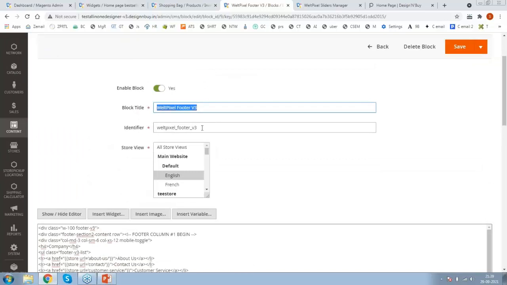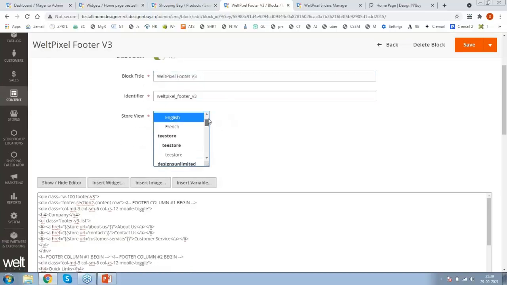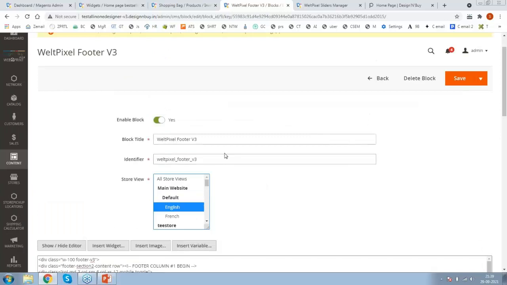Let's say one footer for language English, second footer block for language Spanish, third would be for German. Accordingly, you can create 3 or 4 different blocks for footer and associate your stores. Then finally, the identifier should be the same.